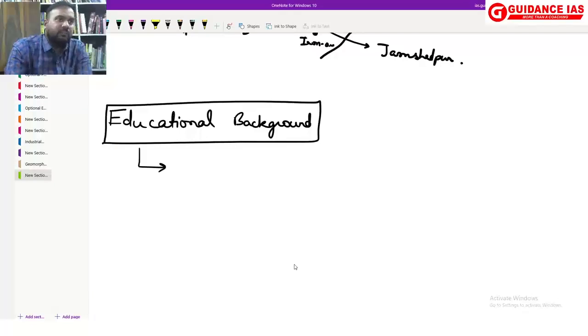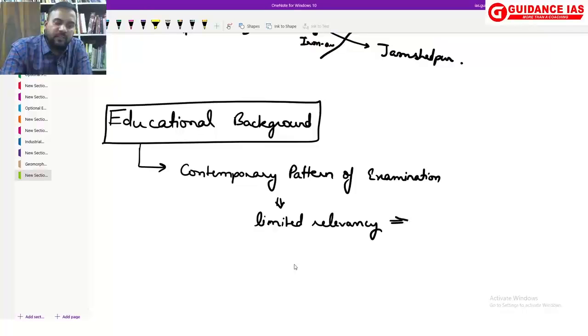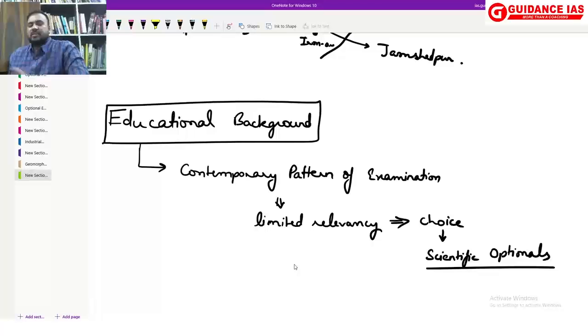I would say that in the contemporary pattern of examination, this educational background has limited relevancy. And limited relevancy, particularly I am saying when your choice is with respect to your scientific optionals, there the relevancy is very high. When it comes to the other two categories, semi-scientific and philosophical, not very relevant, because in that case majority